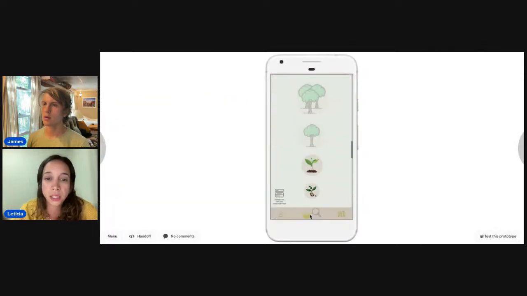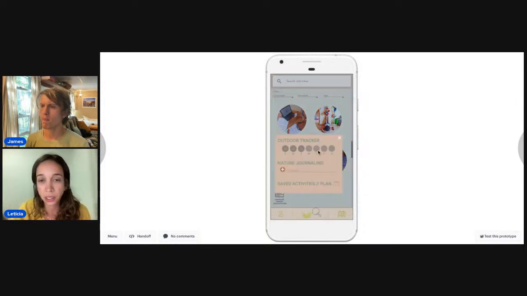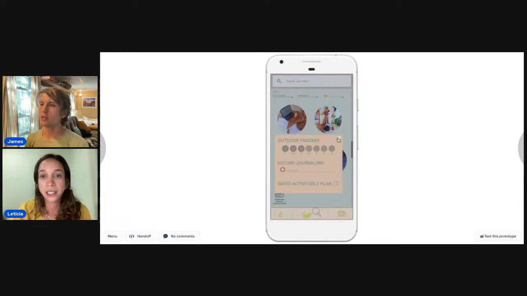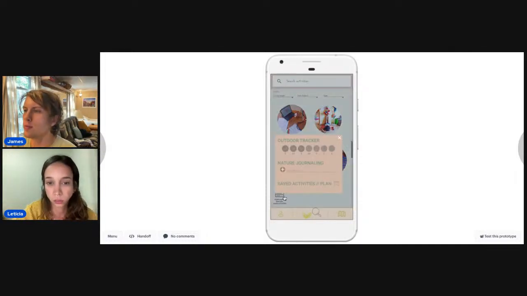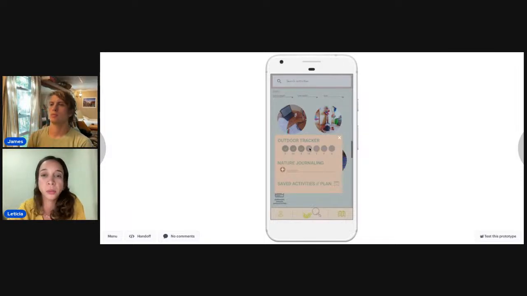So any place they go in the app, and of course this was my ideal imagination before knowing how to make anything, they would have a little tracker to mark the days they've done something in nature, so they get stimulated to spend more time. Can you open it again? Sure. So when you tap on one, it goes to check. It's not functional, but that was the idea.